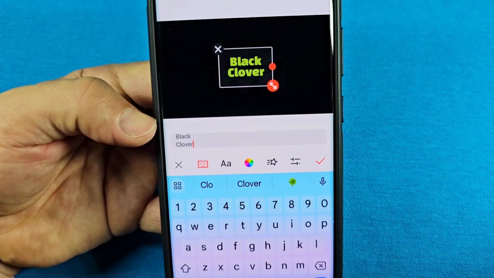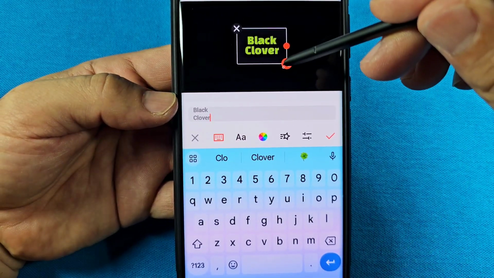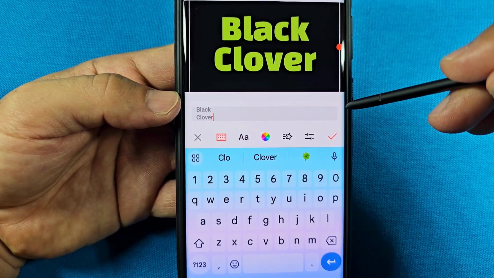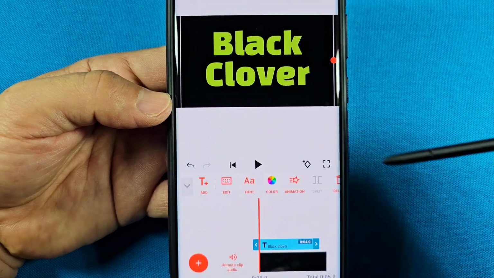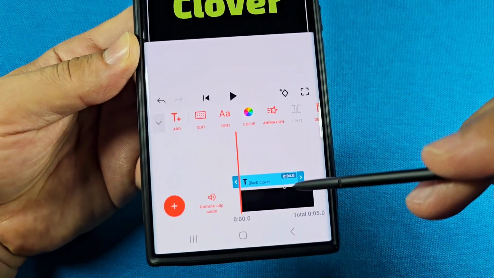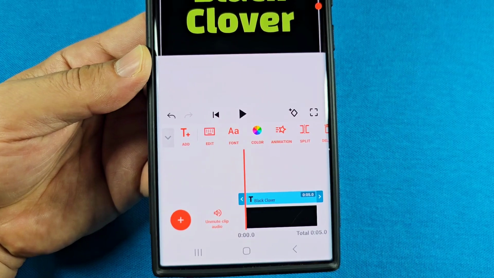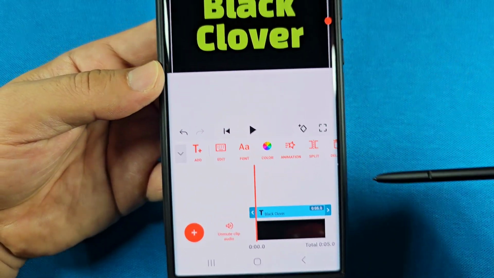And choose the bright green color, because you're going to need to use a chroma later on for that to be removed. Okay, so just make it as big as possible like this here. Press the check mark. And now make sure your text is set to the very end of the video and also set to the very beginning of the video. Okay, you want this thing to start and end with this here. Okay,